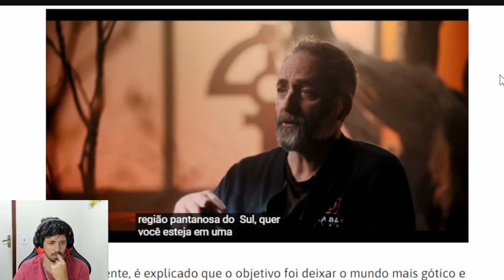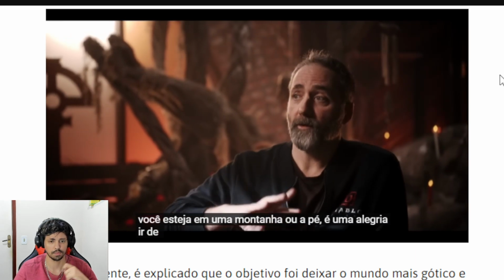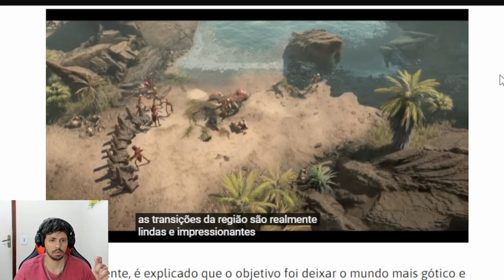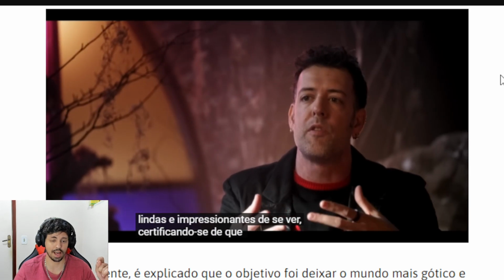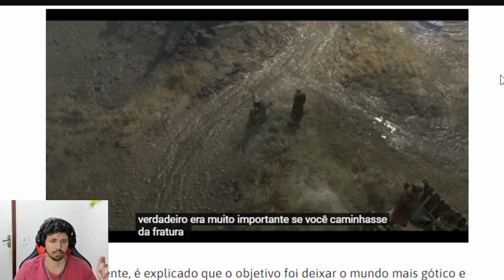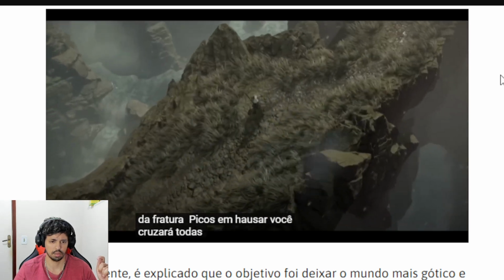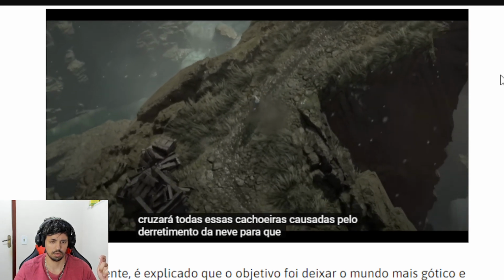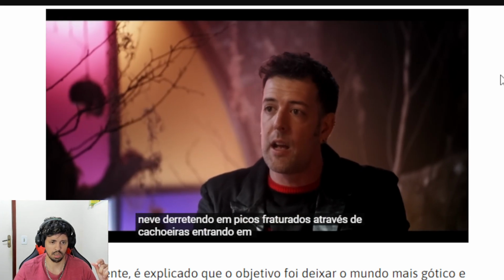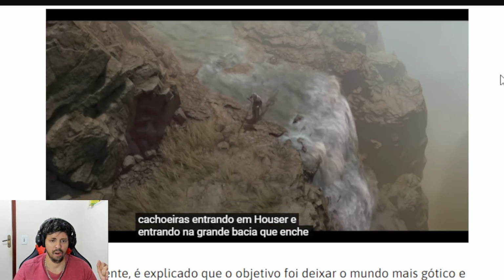Whether you're on a mount or on foot, it's a joy to go from one region to the next. Also, the region transitions are really beautiful and stunning to see. Making sure that it feels geologically true was really important. If you walk from Fractured Peaks into Hawazar, you'll cross all of these waterfalls caused by snow melt. So you can actually see the snow melting in Fractured Peaks through waterfalls, entering into Hawazar and entering the large basin that fills Hawazar with all...